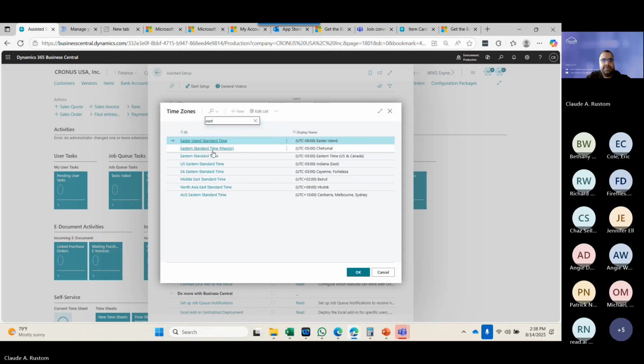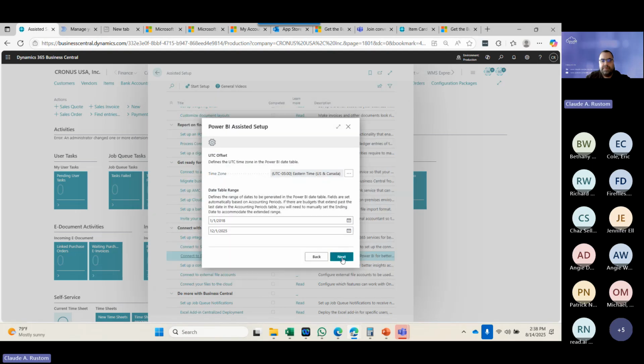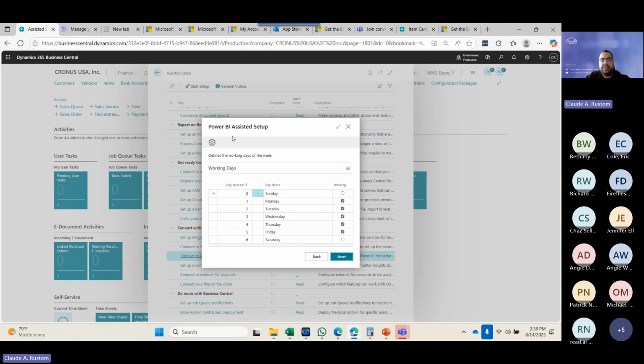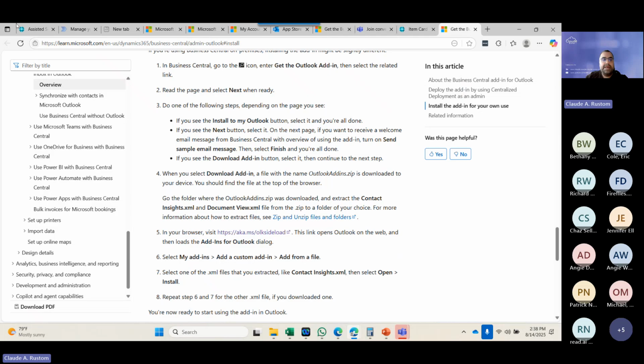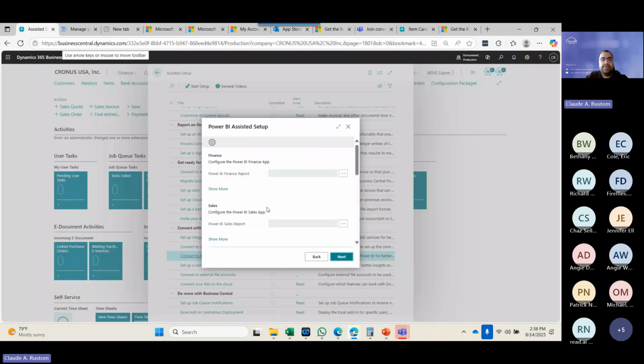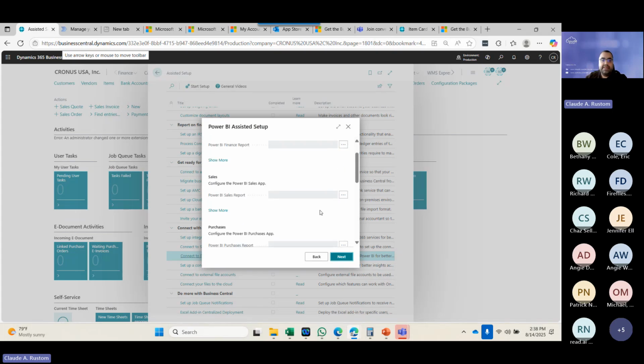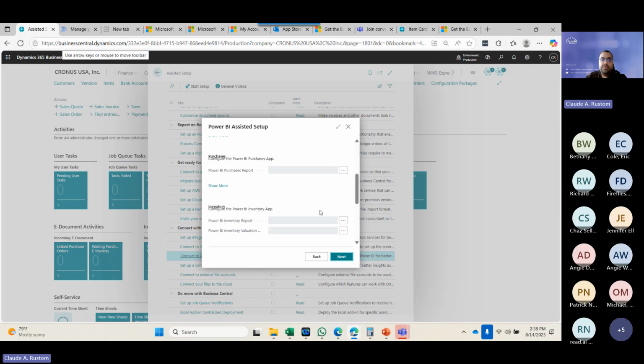Eastern time. Eastern, this one. Next. And here I can tell the system which days are my working days. Next. And here I can link, based on what I installed from the Power BI, the finance. I will download it, and here I will link it to the app of finance for sales, for purchase, for